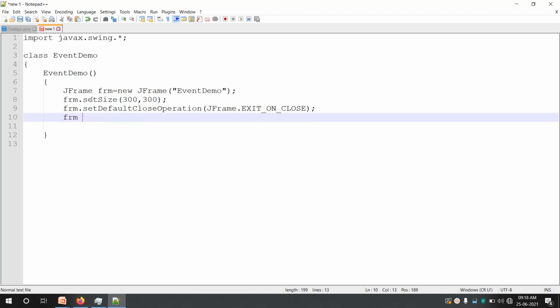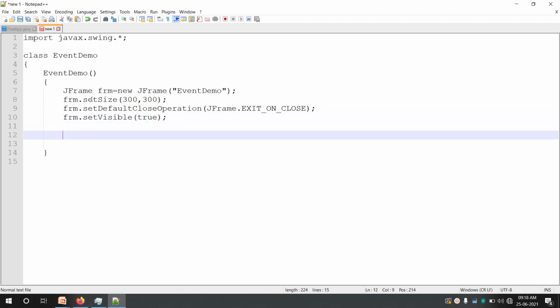Then one more important property of JFrame is visibility. So setVisible(true). These are the properties you have to set for JFrame once you create it.